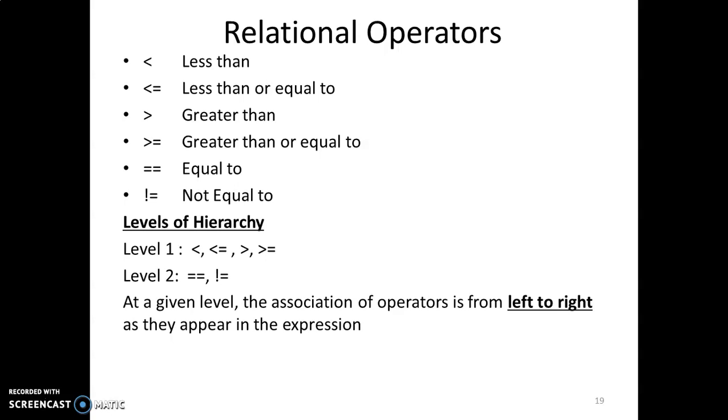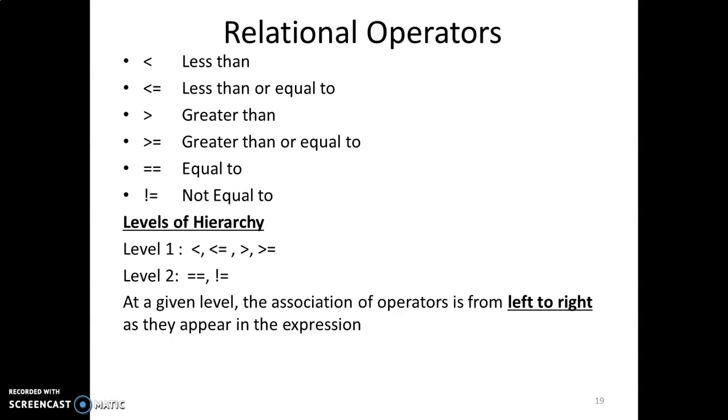there at two levels of hierarchy. Less than, less than or equal to, greater than, and greater than or equal to are at one level. That means they are all equally powerful. And in a given expression, if all of them come together, then you solve them as they appear in the expression, from left to right. That means the associativity of relational operators is left to right. And the equal to and not equal to operators are at level 2. They are less powerful than the first level operators, and they are also used to check certain relational